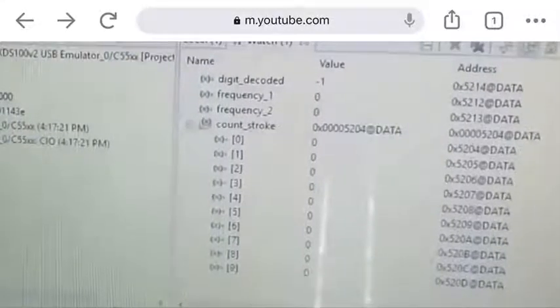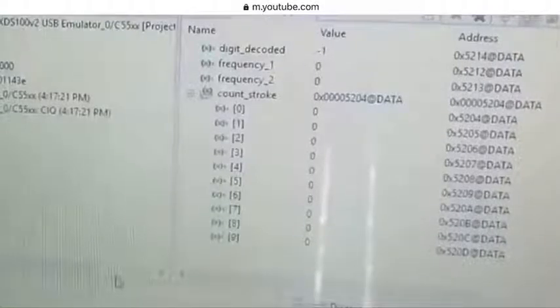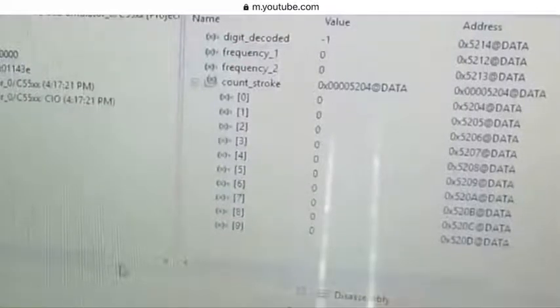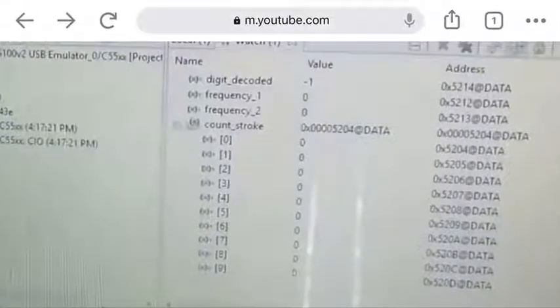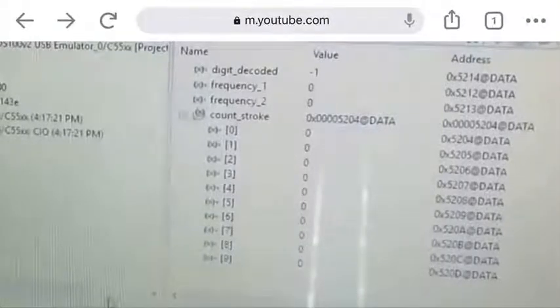This count stroke is an array which tells you how many times you have pressed that particular number. Let's say you have pressed 0 once, then the value for 0 will be 1, and if you press 0 again, it should increment every time, and similarly for other digits. Then frequency 1 and frequency 2 are the two frequencies that will be decoded by the algorithm and displayed here. And digit decoded by default has been set to -1.